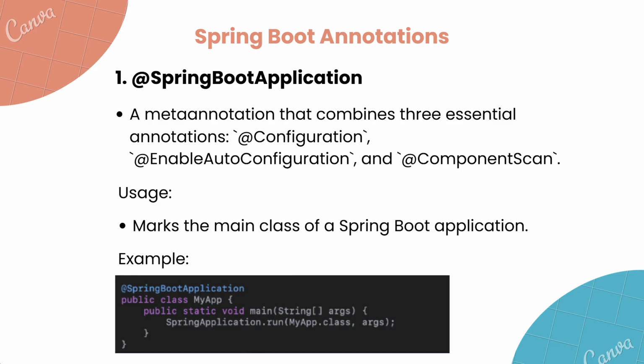Example in practice: run the application with java -jar ecommerce-backend.jar. The backend services are initialized and you can access the application. Key steps Spring Boot handles internally: auto configuration, which configures essential components, for example database, security, and web server; dependency injection, which loads all components and injects dependencies, for example controllers, services, and repositories; and server initialization, which starts an embedded server, for example Tomcat,